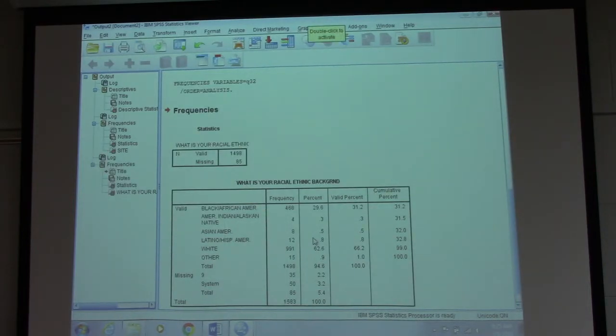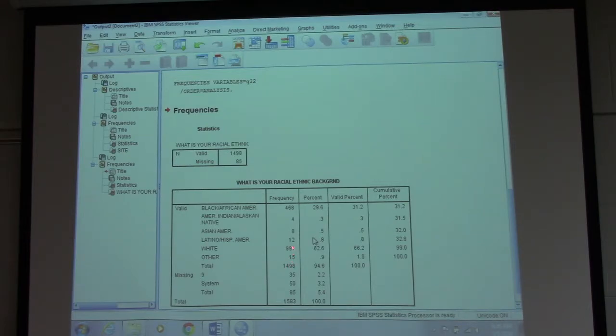The reason I showed you this example is because more often than not, some teachers who will return a survey won't answer all questions, particularly ones that they find more sensitive or invasive of their privacy. So in this case, again, we have 1,583 teachers that completed the survey. It's the same 1,583 we looked at just a minute ago. Of that total number of teachers, however, only